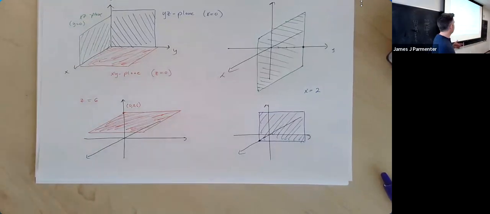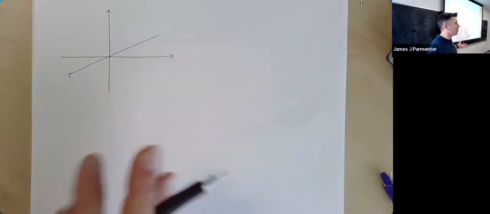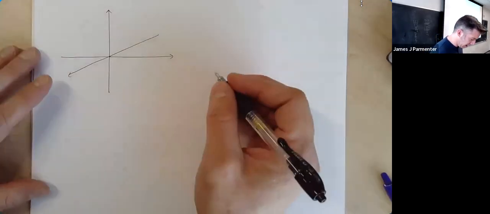So most planes we draw are parallel to one of the coordinate planes, but they don't have to be. For example, let me give you 2 more planes. I think of a plane as the 3-dimensional equivalent of a line. For a line, everything has to be raised to either the first power or the 0th power. X equals 5 is a line, y equals 2 is a line, x equals 7 is a line. In 3 dimensions, if you have everything raised to the first power or not at all, you get a plane. So for example, we could have something like